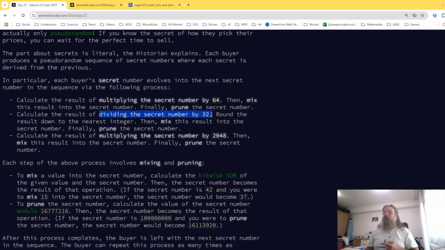Dividing by 32 and rounding can also be implemented by downshifting a number, so I think I will do that, because I kind of like that better than flooring it. And then, this is 2 to the 12th, we're upshifting it 11 times, or we can just multiply it, and the operation is always the same. So what we need to do,